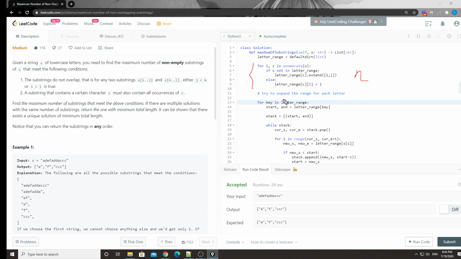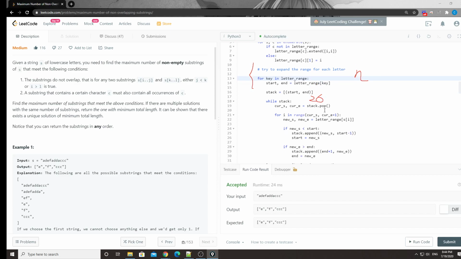So what's the range for this letter? It's limited to all the lowercase letters, so the letter range is at most 26, from 0 to 25. It's 26 letters, and since this is a constant,